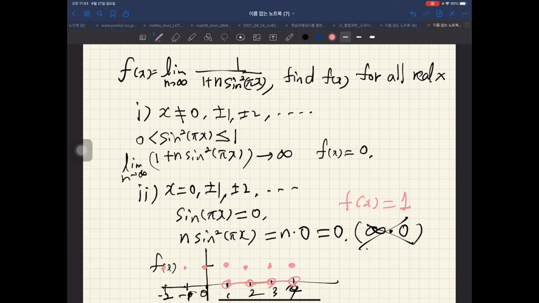So the function can be plotted like this. It is periodical everywhere. And that's it. I'll prepare some GeoGebra animation-like explanation